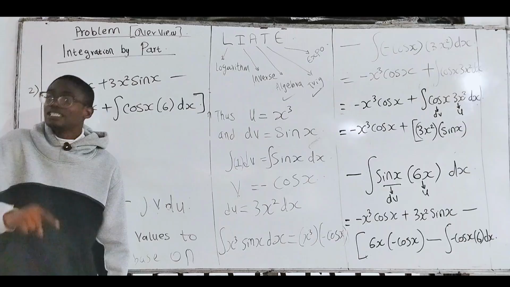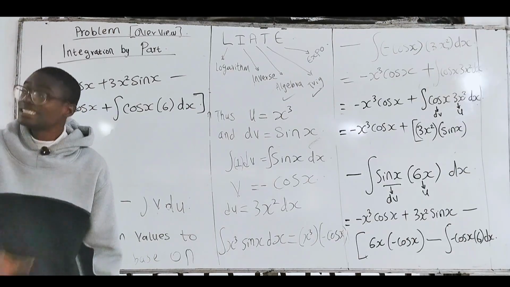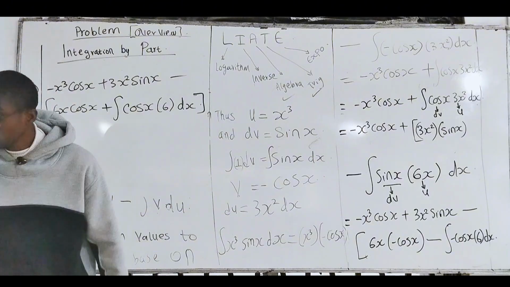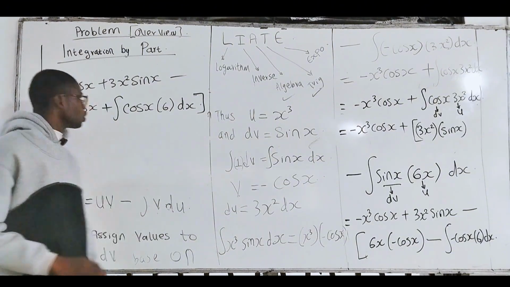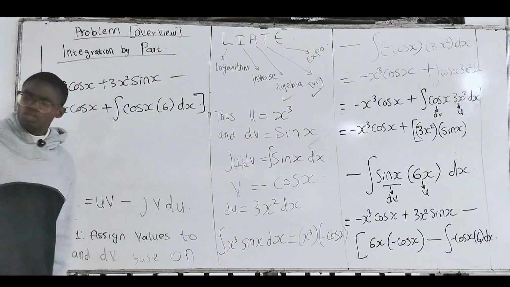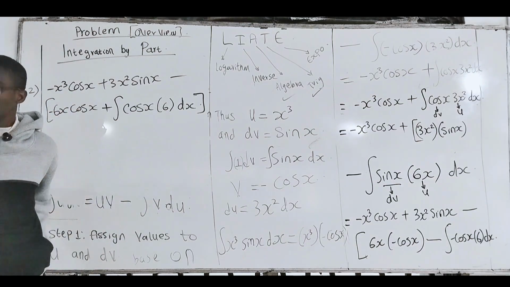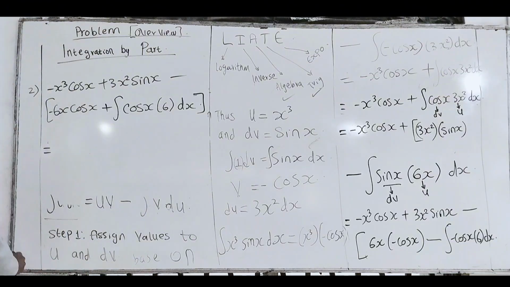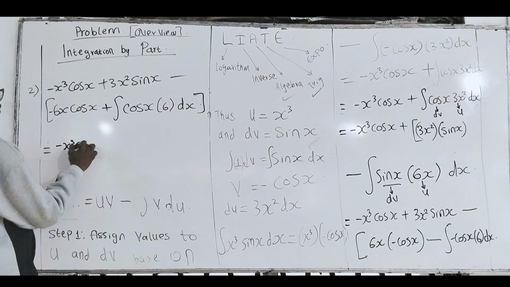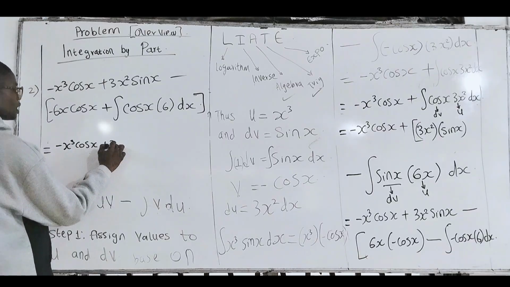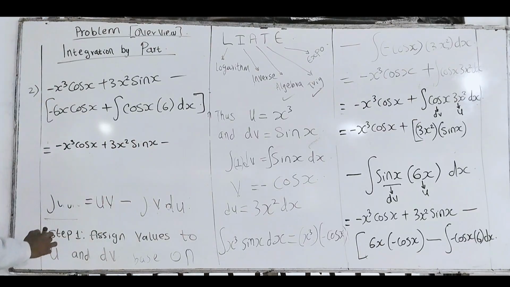function. If the degree is 1, it becomes linear. If the degree is 2, it becomes quadratic. If the degree is 3, it becomes a normal polynomial. We call it polynomial, and upwards. You understand? So once the x was taken out, we can't apply integration by parts again. We don't need to. You understand? So finally, I shall have minus x cubed cos x plus 3x squared sine x minus